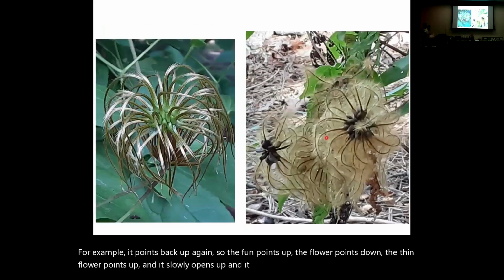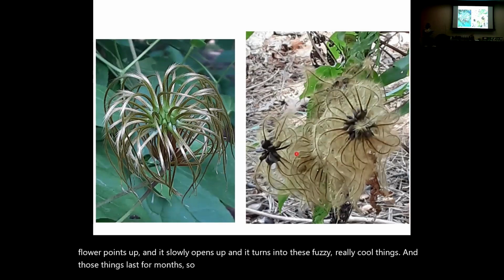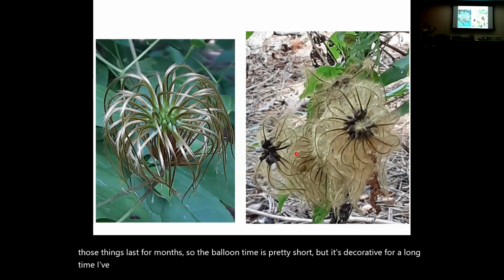into these fuzzy, really full things. And those things last for months. So the bloom time is pretty short, but it's decorative for a long time. I've got a little handmade trellis at my